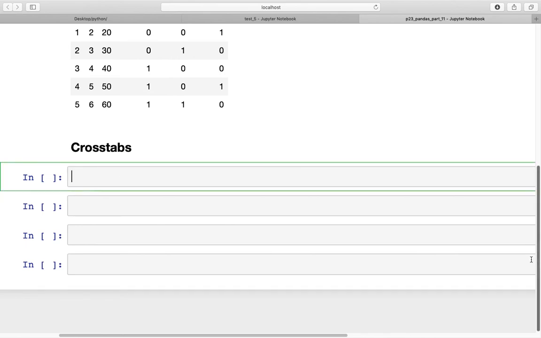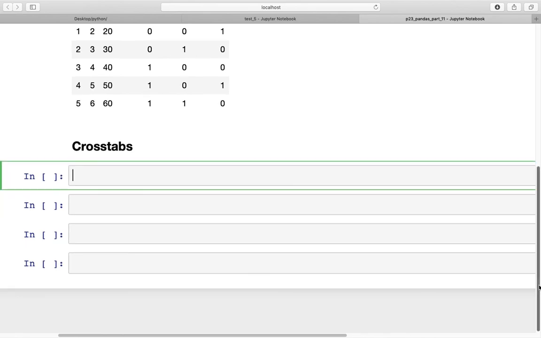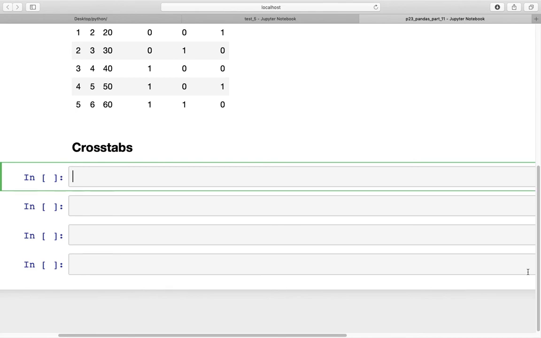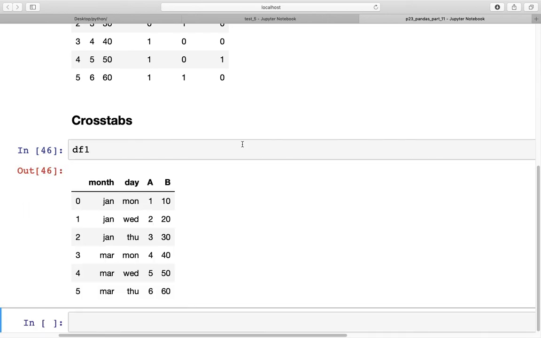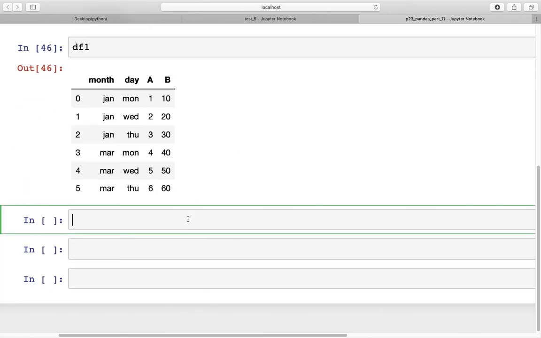For this one we'll use the data frame that we have been using, which is df1. If we do df is equal to pd dot crosstab, with df1 month column, and then df1 day column, and we run this,